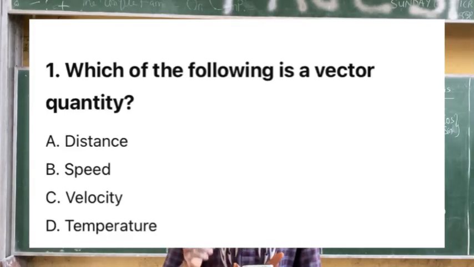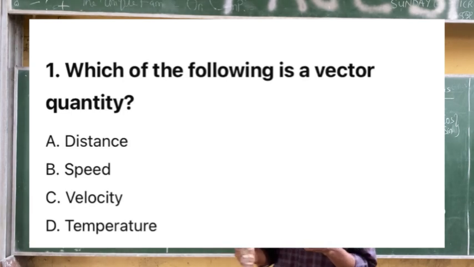Which of the following is a vector quantity? The first question we have for today says, which of the following is a vector quantity? We have option A to be distance, option B we have speed, C we have velocity, and D we have